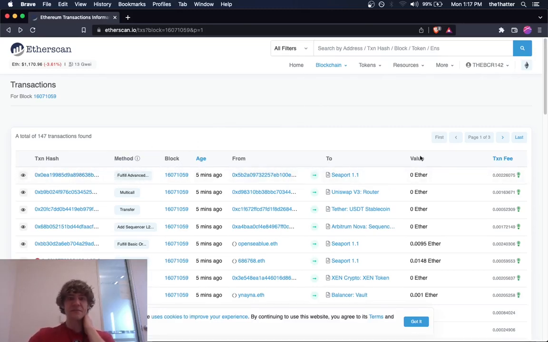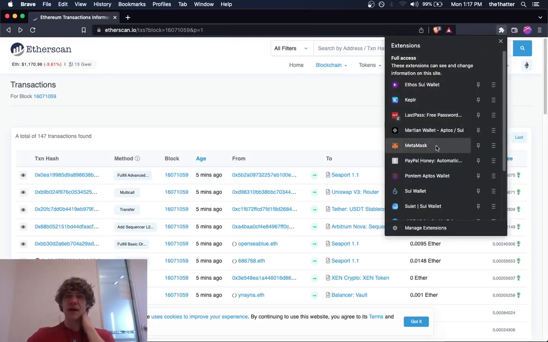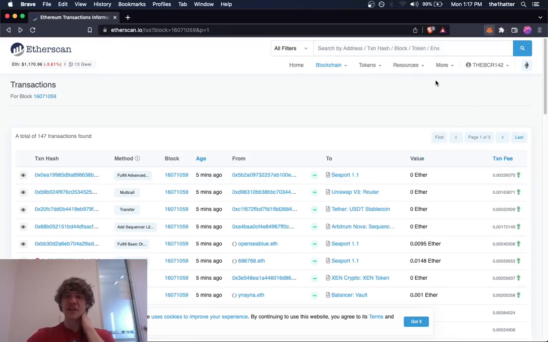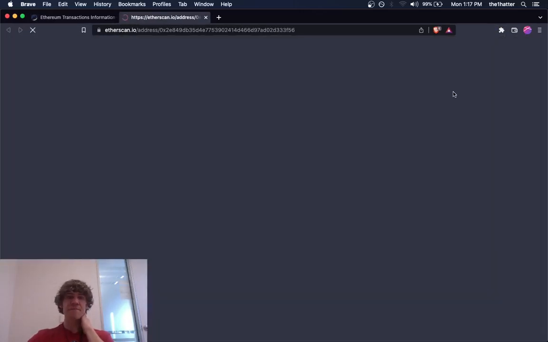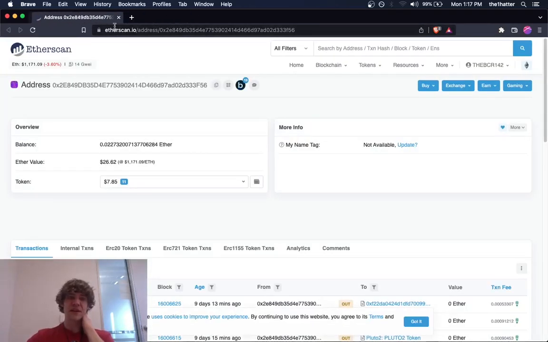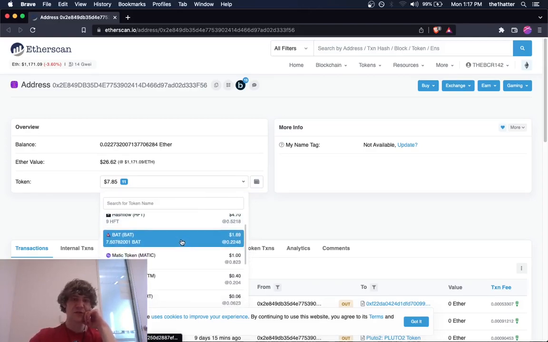So that's basically what the transactions look like. I'll go to my Etherscan and show you. So if you go to MetaMask, you can go to this little three dots, view account on Etherscan, and it'll show you right here my address, my balance, Ethereum value, all these tokens that I got that, well, some are alright, but